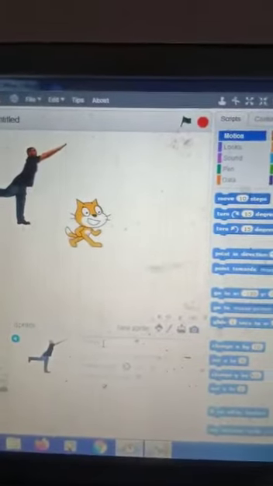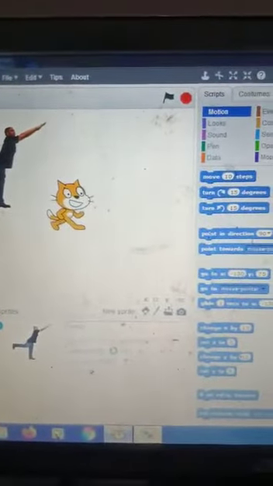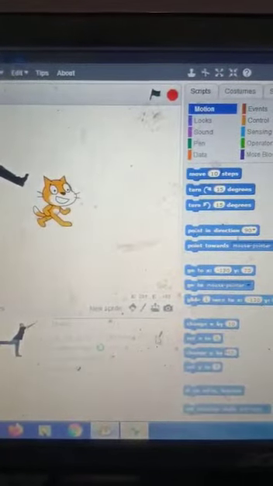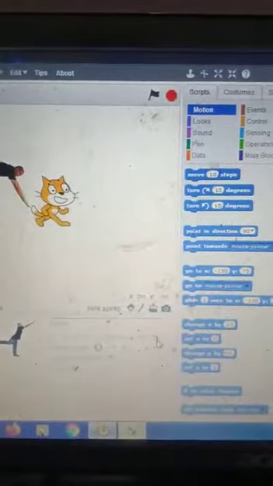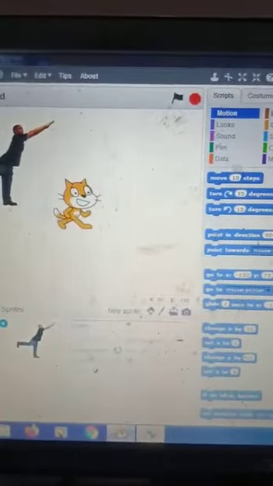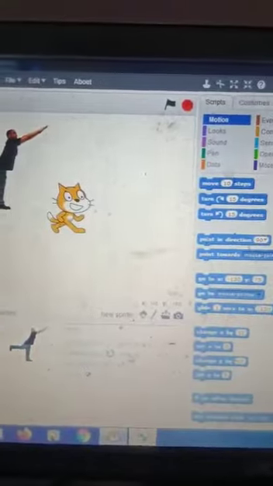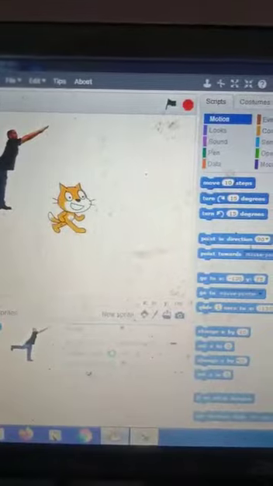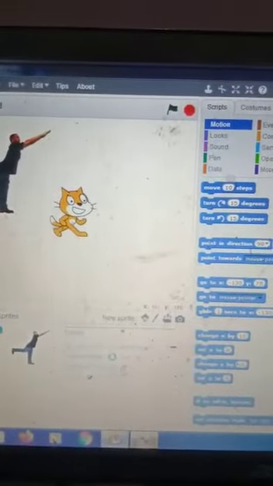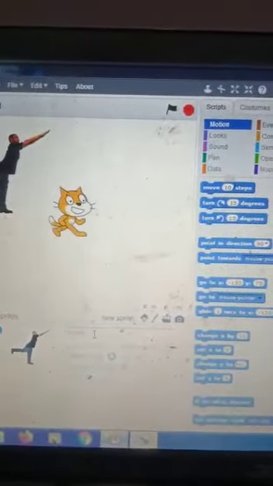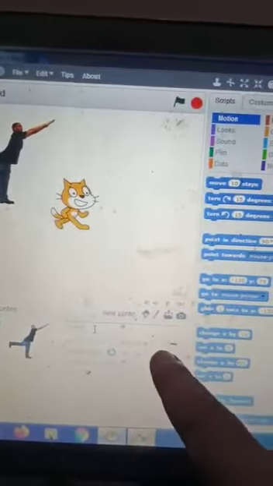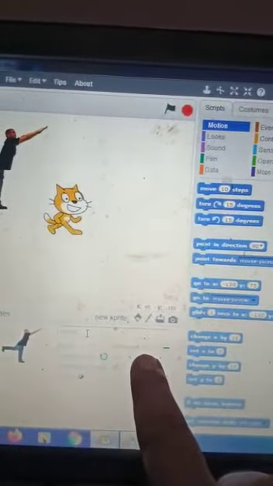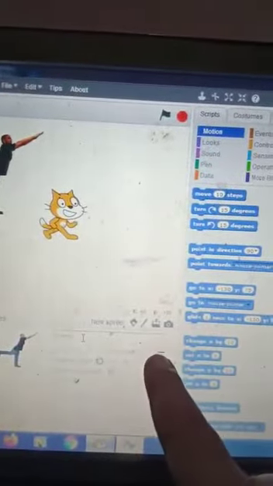Here if you want to rename it, you can rename it, and the degree is there, and show and hide. Look here, according to the degree it will change. If you want, you can change it easily; you can rotate it. These are the symbols of the various options. The show and hide button: if you want to show or hide, you click on that. If you want to change the name, you can easily type a new name here. The direction box is where you can change the direction. By default it is 90 degrees. If you want to change it, you can easily change it.